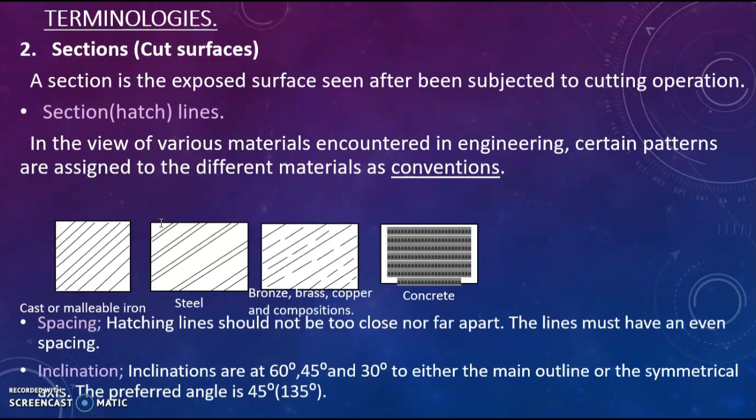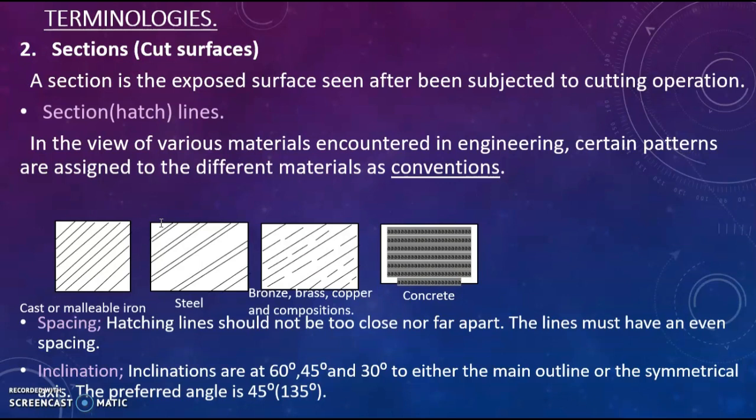Let's talk about the second terminology, which is sections. What is a section? A section is the exposed surface after being subjected to a cutting operation. So after we've subjected the object to a cut, the surface we are seeing now, with the hidden details now shown, is called the section. After the object has undergone this imaginary cut, the exposed surface after the cutting operation is called